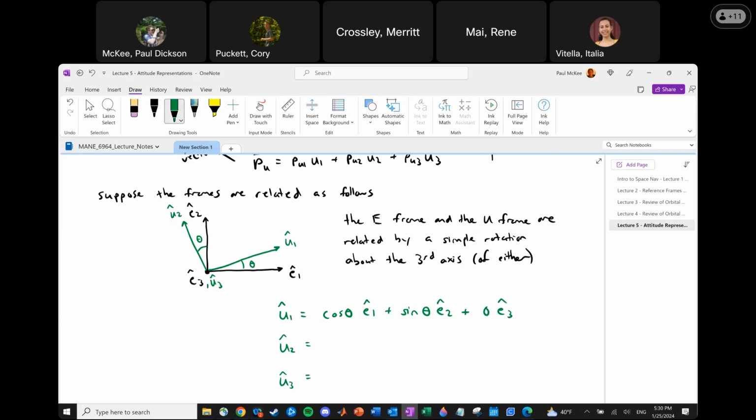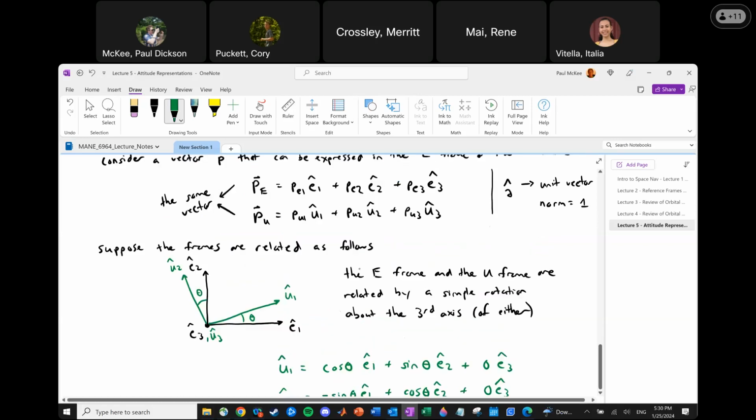I can keep going. All right, you got some gas in the tank? Let's do it. Sure. And then U2 is minus sine theta in the E1 direction and plus cosine theta in the E2 direction. Good. And then also going to be 0 in the E3. And now the hardest one of all, U3. 1 E3. There you go. We have to write this to be thorough. So there we go. 0 E1 plus 0 E2 plus 1 E3, or in matrix form,